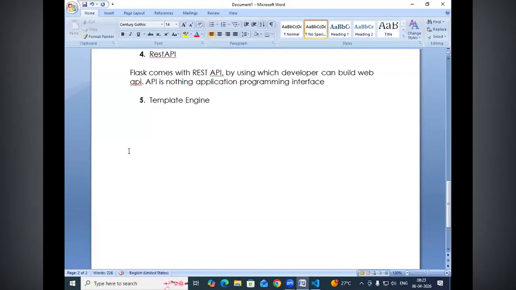Server. And to render these template tags, you require one program at the server side. What is that program called? Template engine. So Flask comes with an inbuilt template engine, which will process the template. Template is nothing but an HTML page, right? Flask comes with an inbuilt template engine,